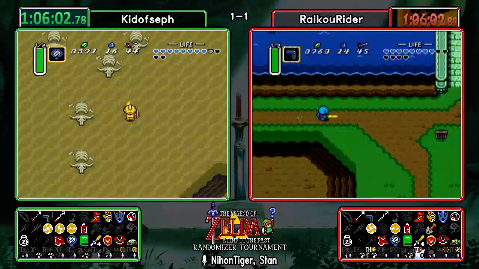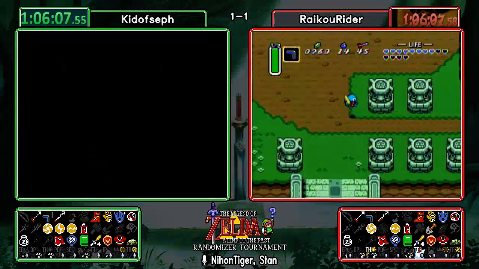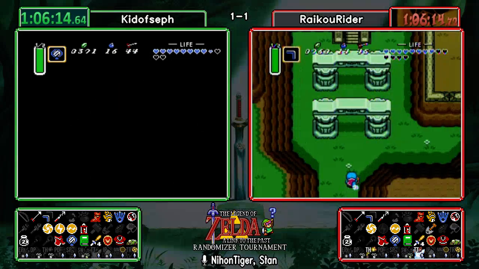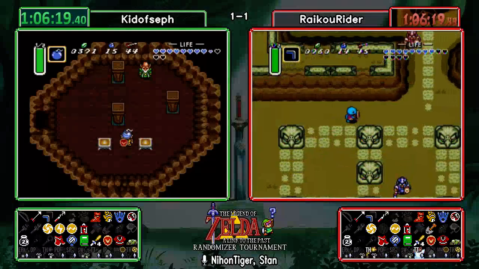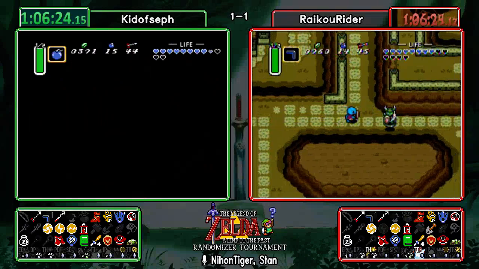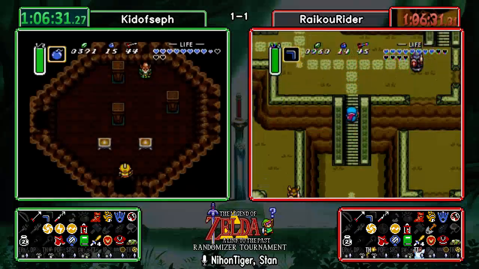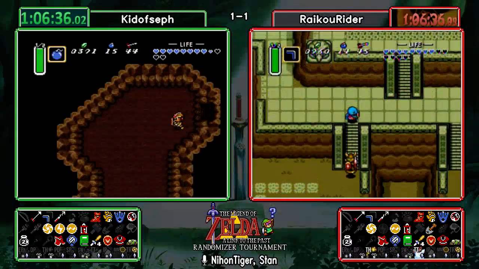Now Kid's going to go ahead and start doing some of the desert checks here. The Aginah's Cave check that usually comes either very early or very late in the game. Yeah, one of the more annoying to route locations, as it is quite far out of the way. Very similar with the Ice Rock Cave. Runners usually either check it right away with their Southern Shore loop, or wait until they get either boots or